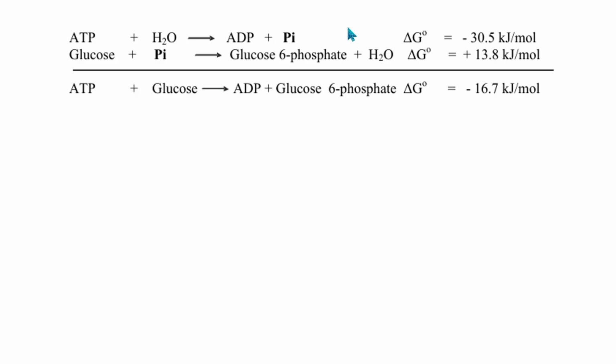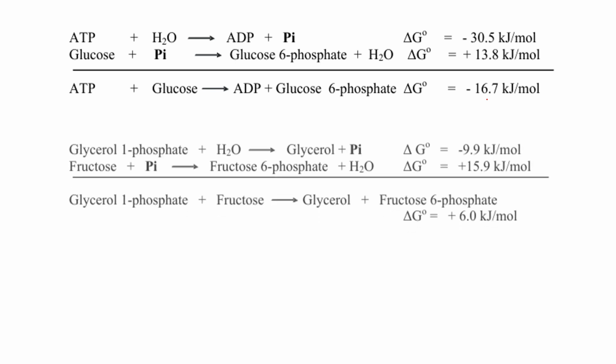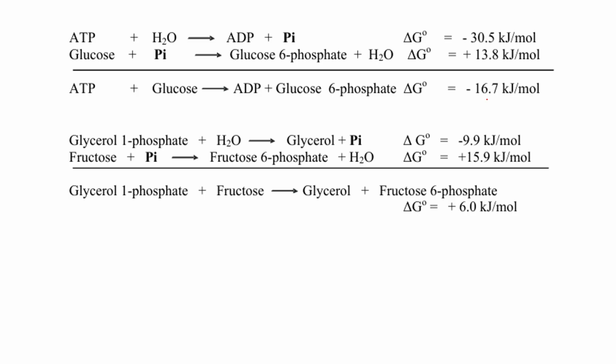This is what I mean. The first equation, where we are having your ATP plus your H2O, and this is what you're having. After adding all of them, you see you're having your total Gibbs free energy to be negative 16.7, meaning the reaction is feasible, the reaction is spontaneous. But let's look at the second example that we talked about. You're having glycerol 1-phosphate hydrolyzing with water to give you glycerol and Pi. At the same time, we are adding inorganic phosphate to fructose to give you fructose 6-phosphate. And the energy that is required is 15.9. Here, the energy that is released is